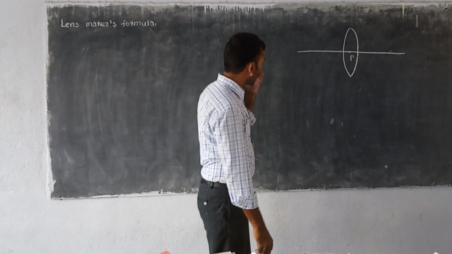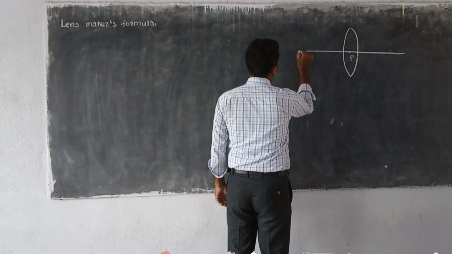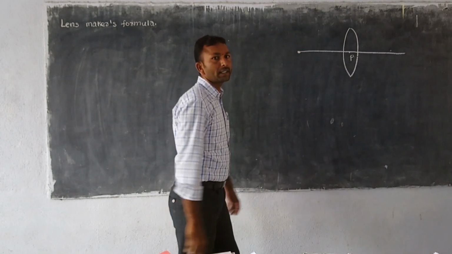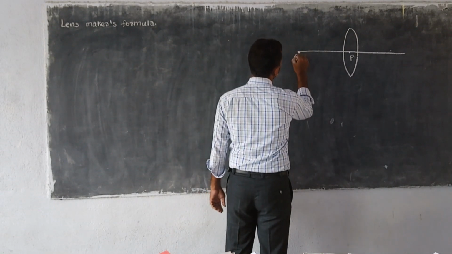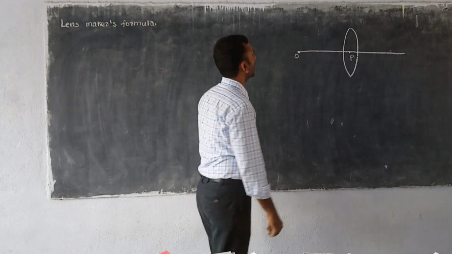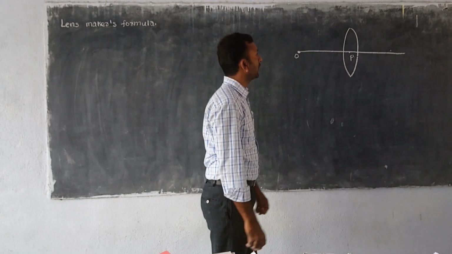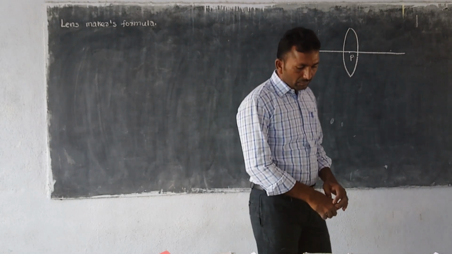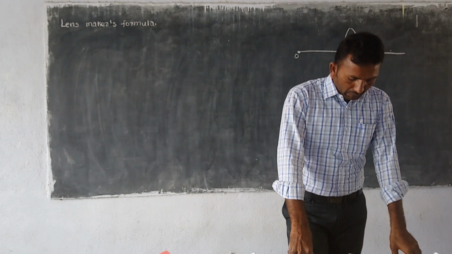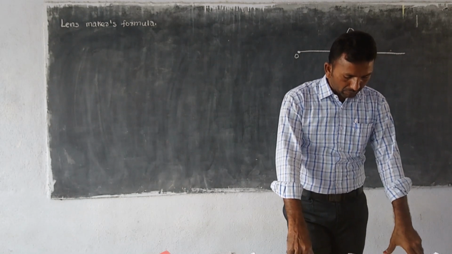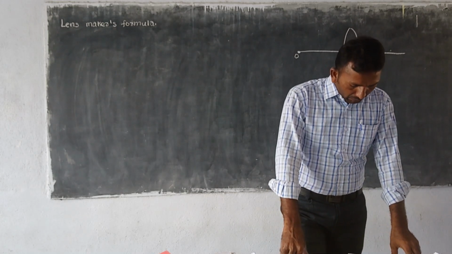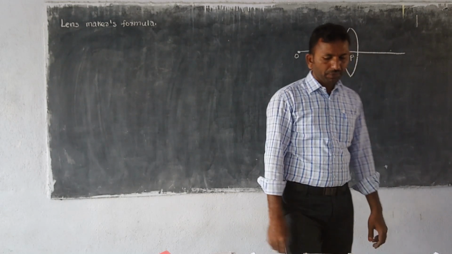What we have done here is keep an object in front of the thin lens. What type of object is that? A point object O kept in front of the thin lens. And what is happening there? Let us find out. Consider a ray from O which is incident on the convex surface of the lens with radius of curvature R1 at A, as shown in the figure.